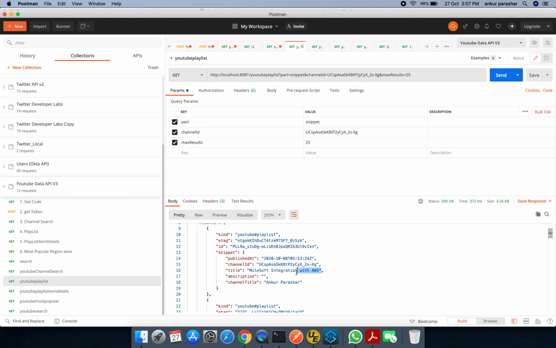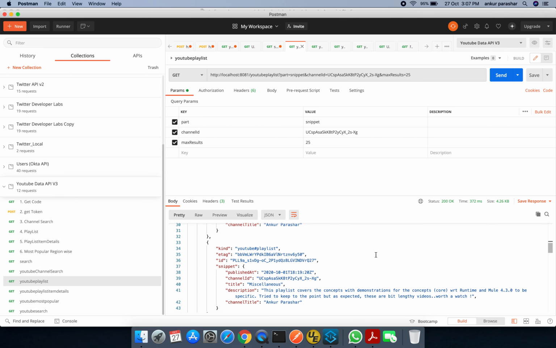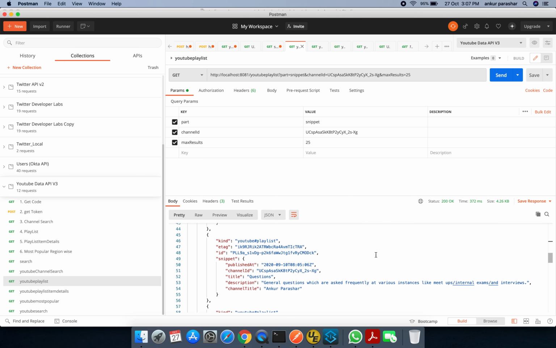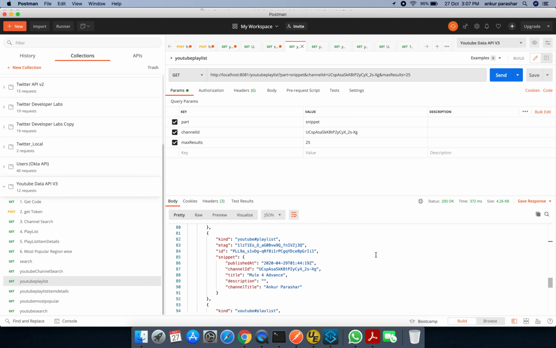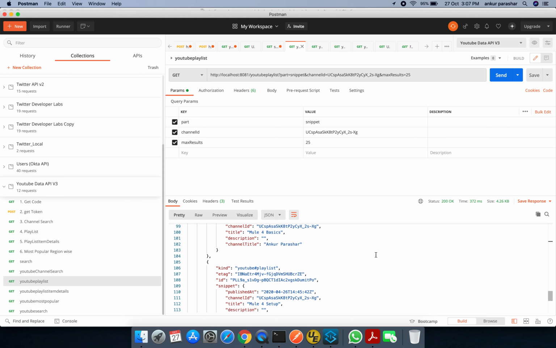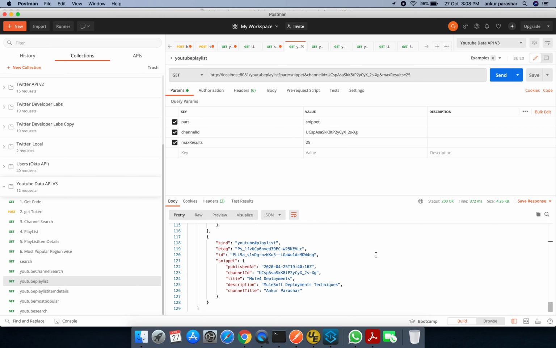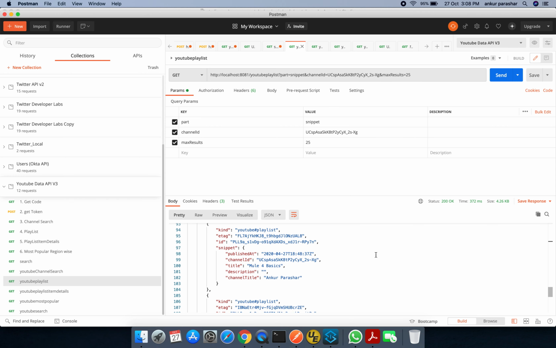One is about AWS, another on the social networking side, where this YouTube data API v3 will also be uploaded very soon, and miscellaneous, and questions, API manager, Mule for advanced, for basics, channel ID, and Mule for setup. All the playlists are captured over here. So that is the main essence of it.